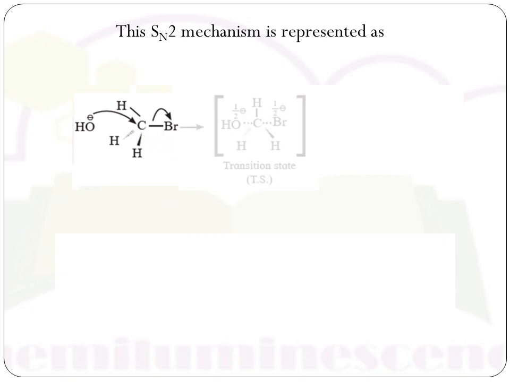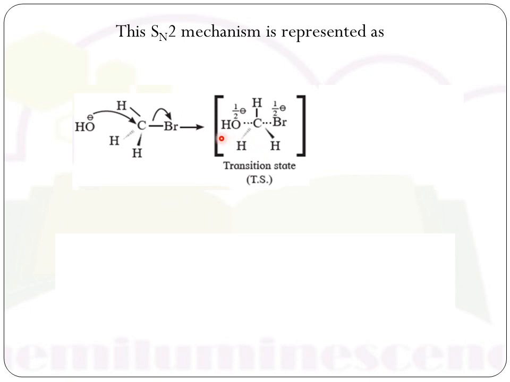This is the RDS or transition state. In this state, the carbon-OH bond is partially formed and the C-Br bond is partially broken. The negative charge is shared by both the incoming hydroxide group and the outgoing leaving group bromide ion. The central atom is bonded to 5 different atoms or groups, that is, this carbon is pentacoordinated and has sp2 hybridization. This transition state is highly unstable because it is the highest energy state.